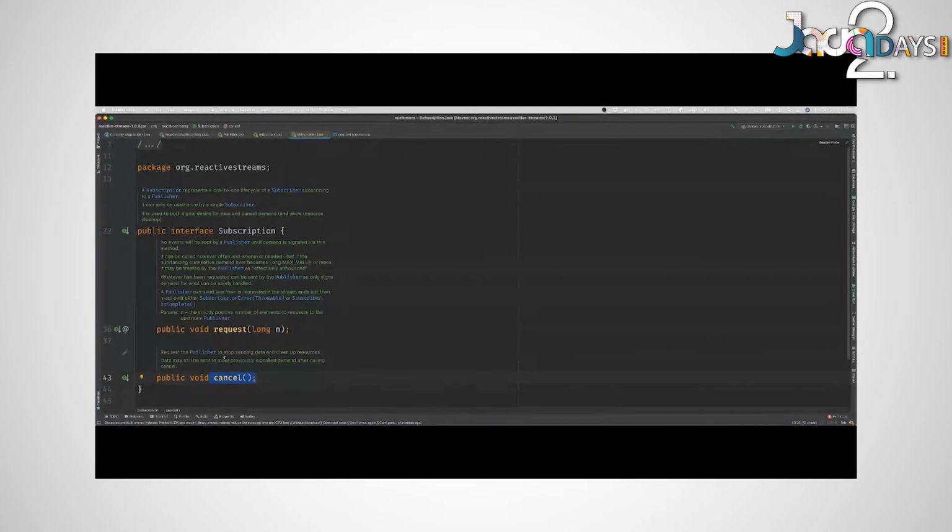And sometimes in the world of reactive programming, we talk about flow control or back pressure, right? So when you hear the term back pressure, that's just another way to say flow control. And all that we have done is we have taken this idea of flow control and put it in this interface. That's all.